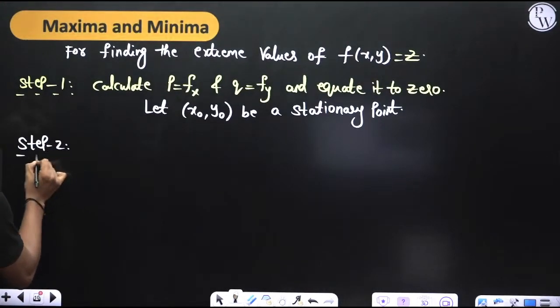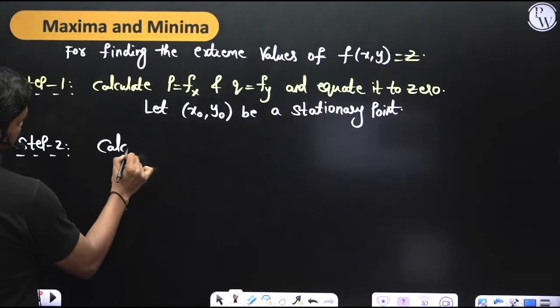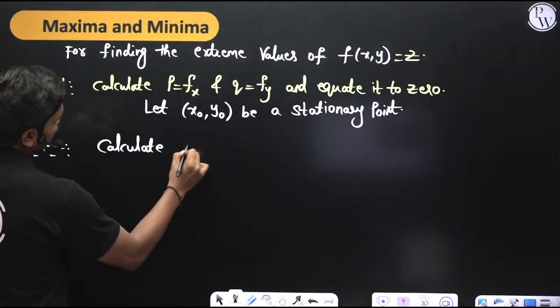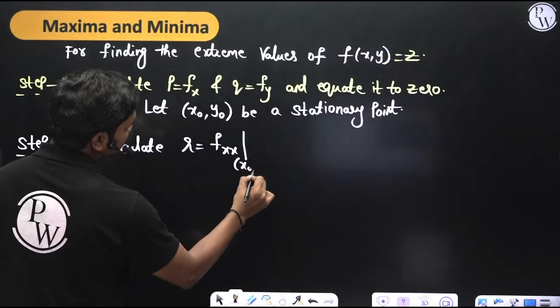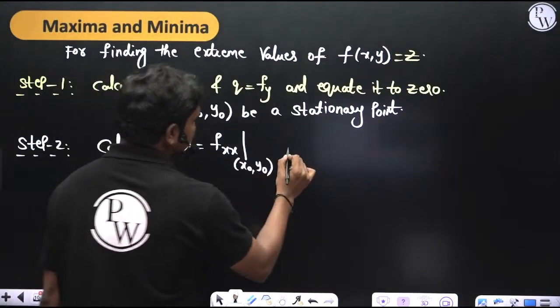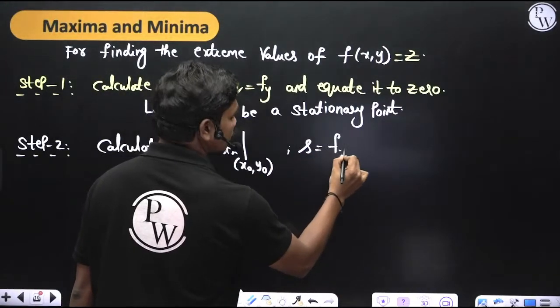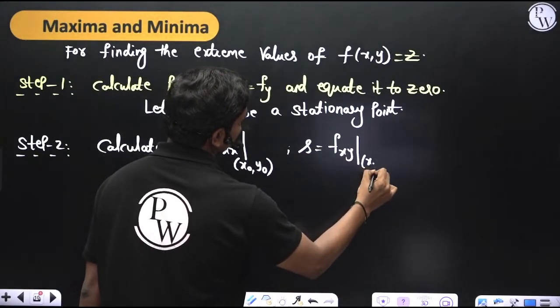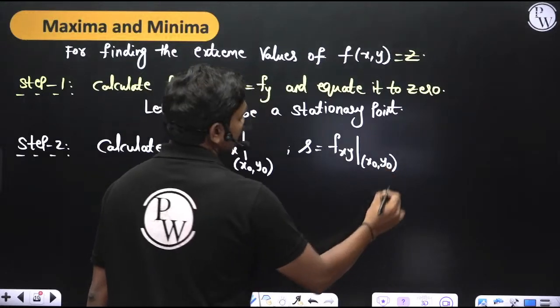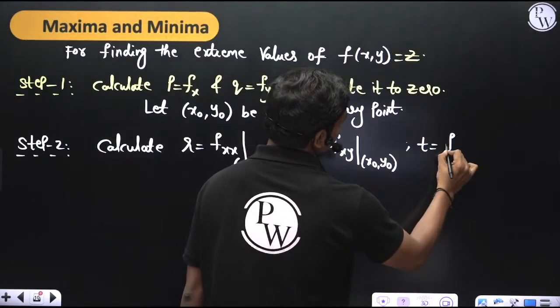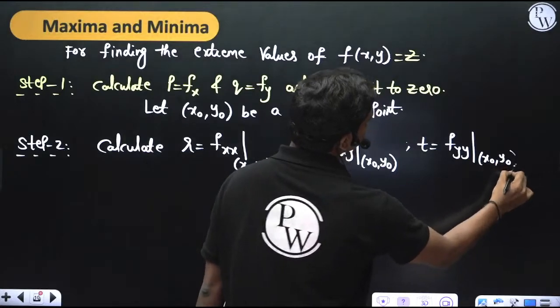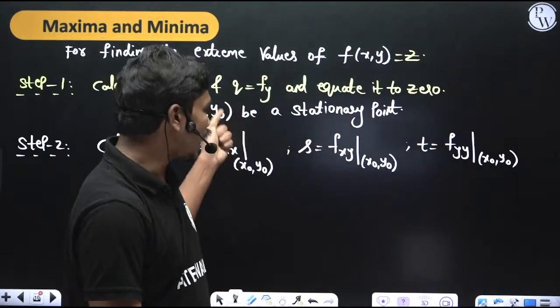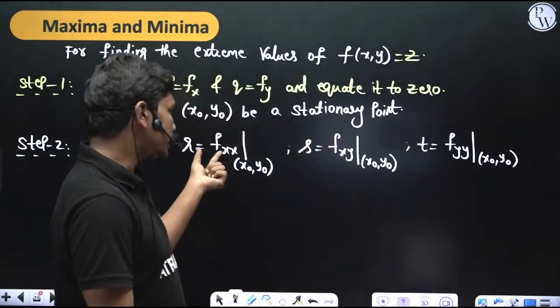Step 2, calculate r, which is fxx at the point x naught y naught. s is equal to fxy or fyx at x naught y naught. And t is equal to fyy at x naught y naught. So at that stationary point, calculate these values r, s and t, where r is the second derivative of f